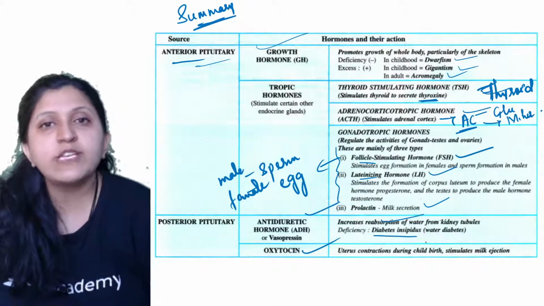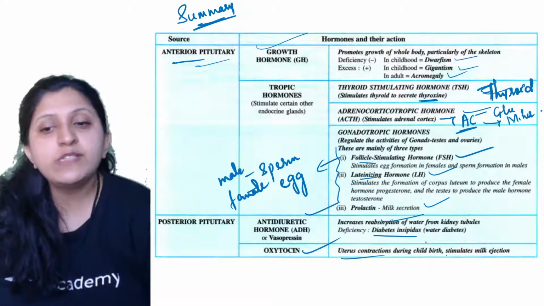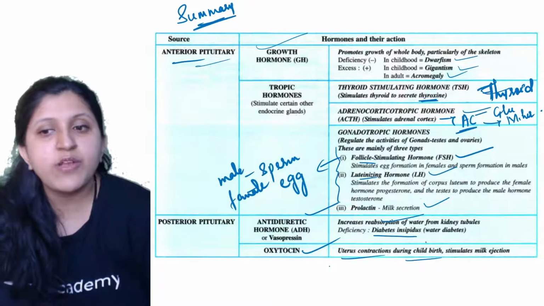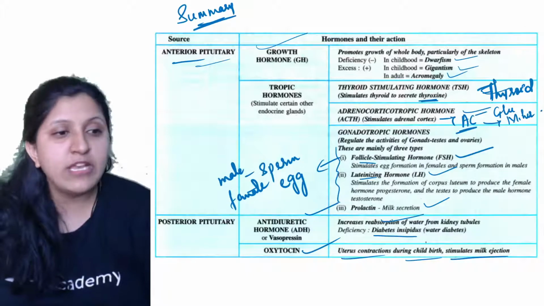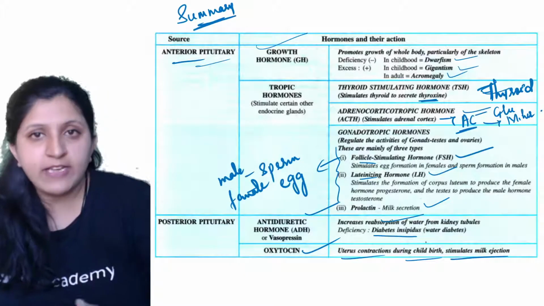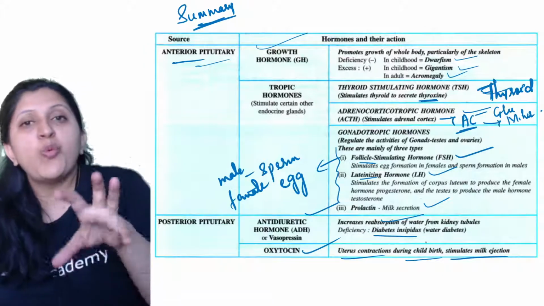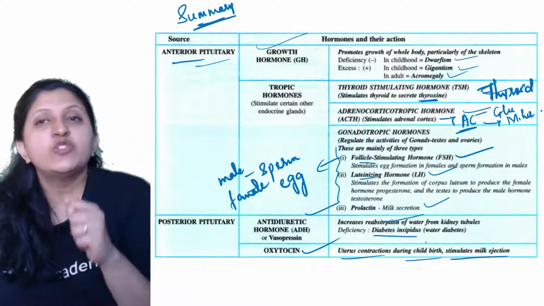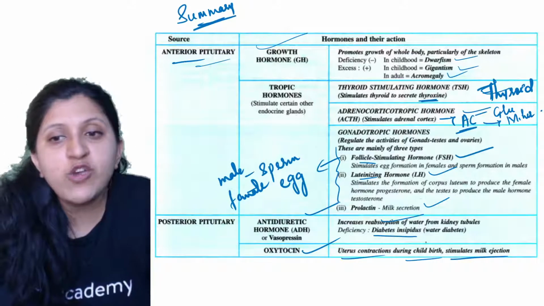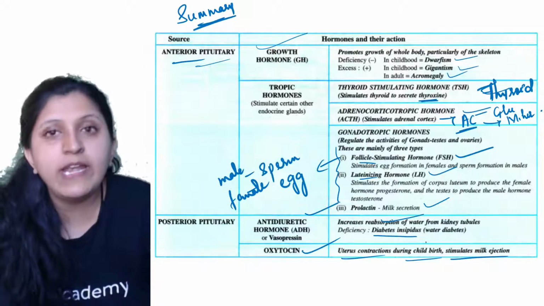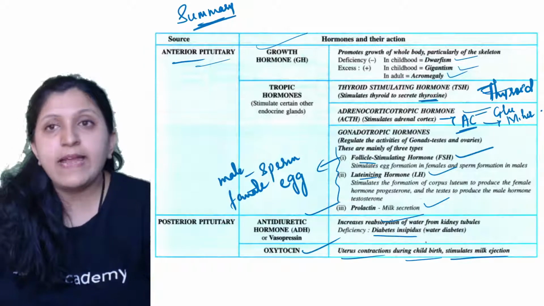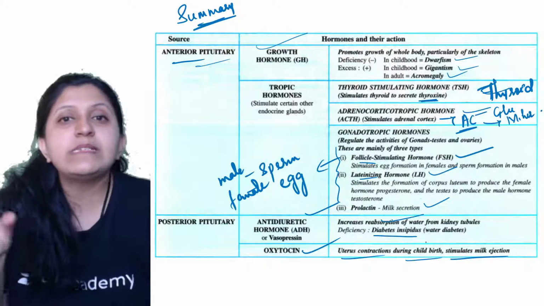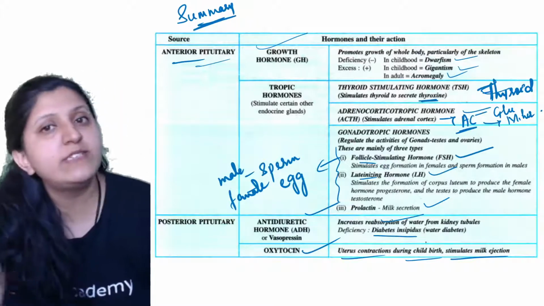All right, oxytocin. Here the uterus contraction will occur during childbirth. The uterus is going to contract, and this stimulates milk ejection. After the delivery, once the infant starts sucking on the breast, on the mammary gland, oxytocin will be released. Because of prolactin, the milk synthesis is already done in the mammary gland, but the release has to be done. The stimulus here is actually the baby who is sucking on the breast.